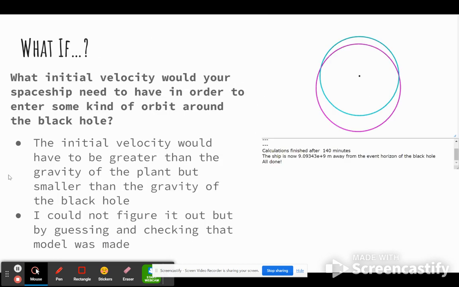And then finally, for the what if: what initial velocity would your spaceship need in order to enter some kind of orbit around the black hole? The initial velocity would have to be greater than the gravity of the planet, but smaller than the gravity of the black hole. So we have to find that kind of medium spot. I couldn't really figure it out, but just by guessing and checking, this is a model that